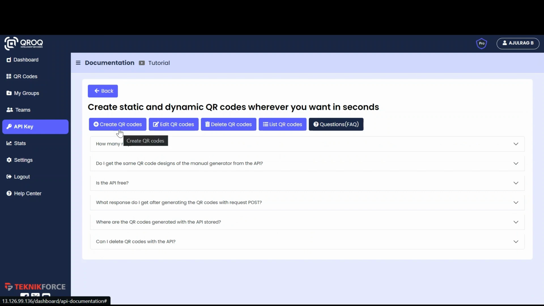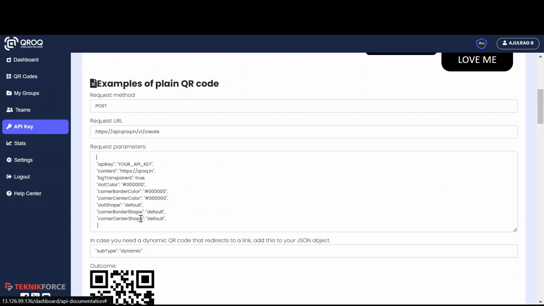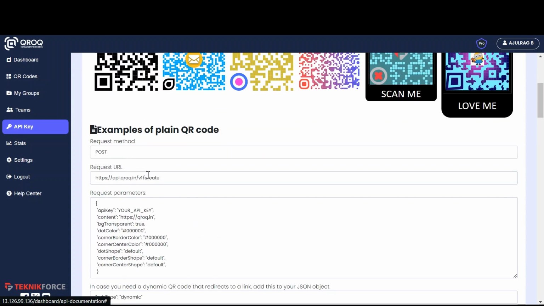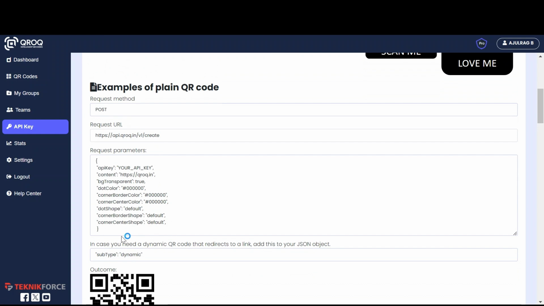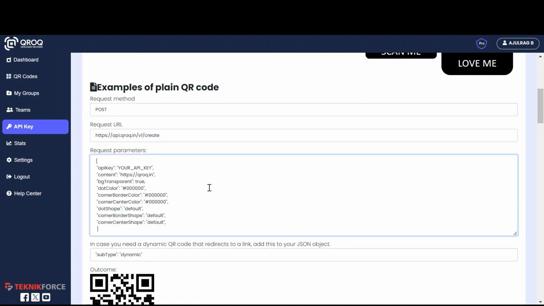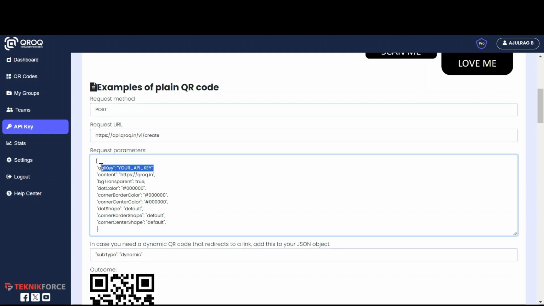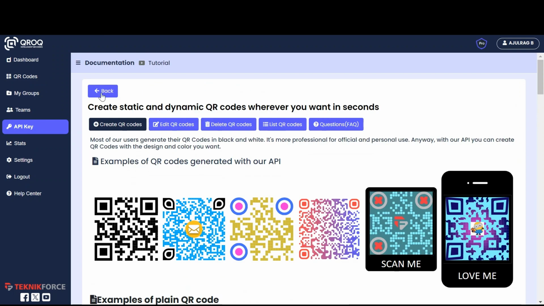Let's start with creation. For creating a simple QR code, use the POST request method and use this URL as your request URL. Next, you need to use this request parameter. On this, you need to change these two parameters, API key and your content. If you want to create it as a dynamic QR code for getting the scan details, just include this too with your request parameter. For getting an API key, go back to the API key section